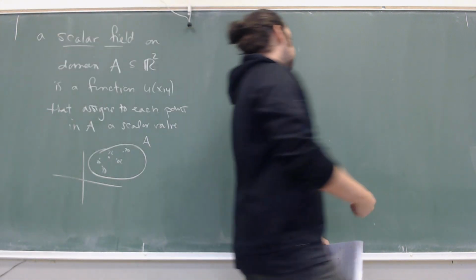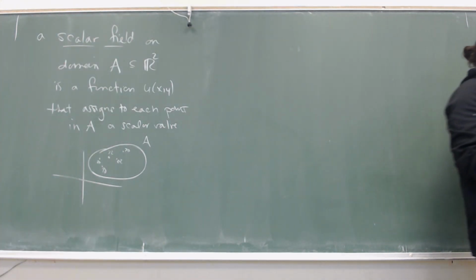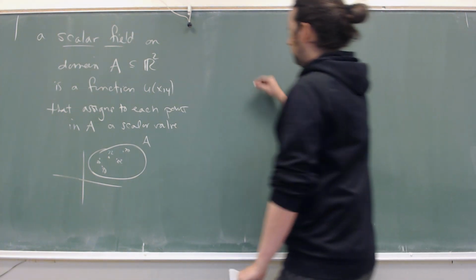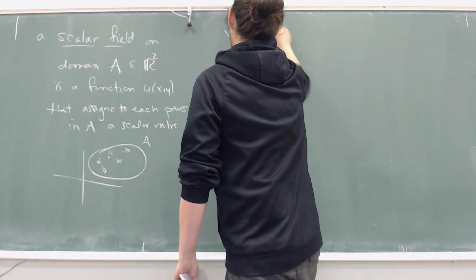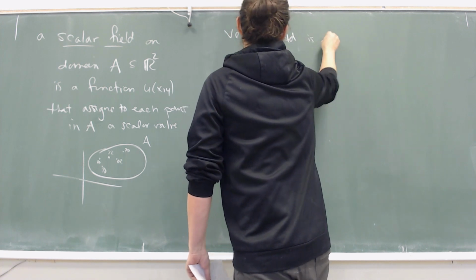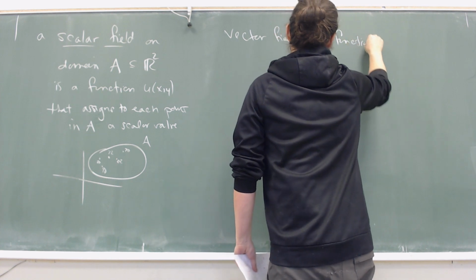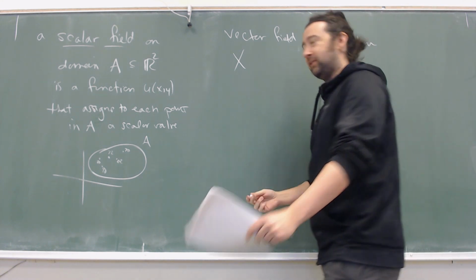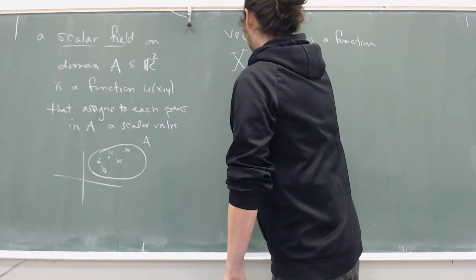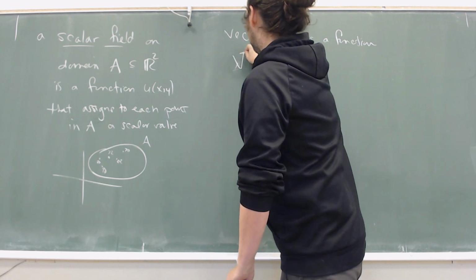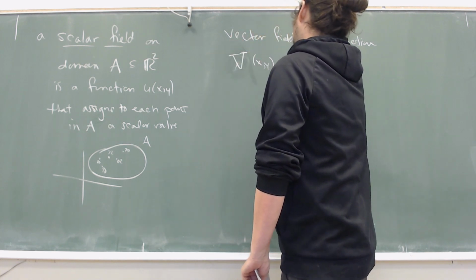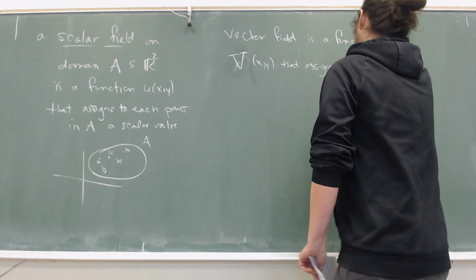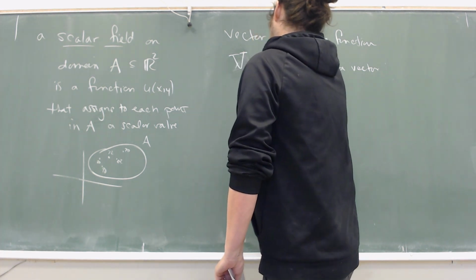Okay, from a scalar field, if you make the assumption that the scalar field can be differentiated, you get a natural example of something called a vector field. So a vector field is a function, and for now we're only going to talk about one vector field in here, but I'm going to use the letter X just for a second, right? It's a function, maybe we'll use V instead, V sitting over x and y that assigns a vector